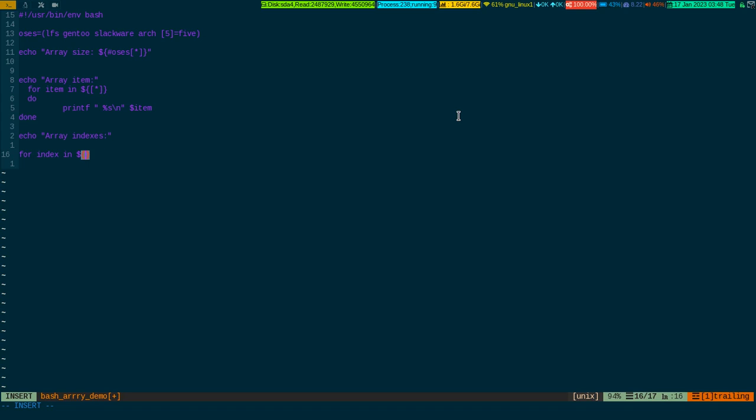Now I have to prepend the array name with a bang or exclamation, and then the array name, then a square bracket, then an asterisk inside, meaning I want to access all the items. Then I do